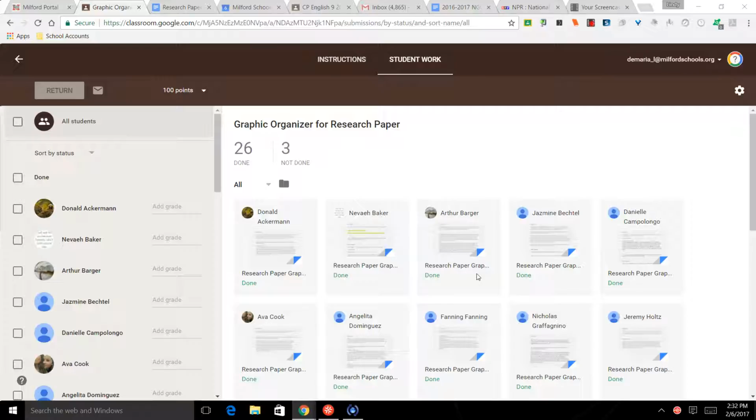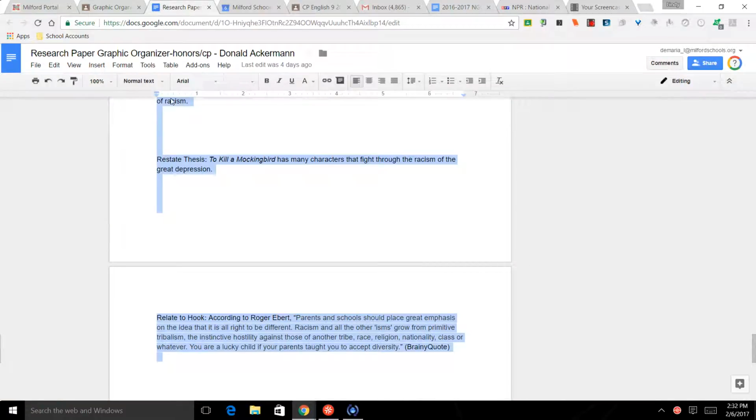So the first thing you want to do is log into Google Classroom and find your graphic organizer. I copied and pasted one randomly. I used Panes today. So come into your graphic organizer, highlight all the text, hit Control-C to copy, and then